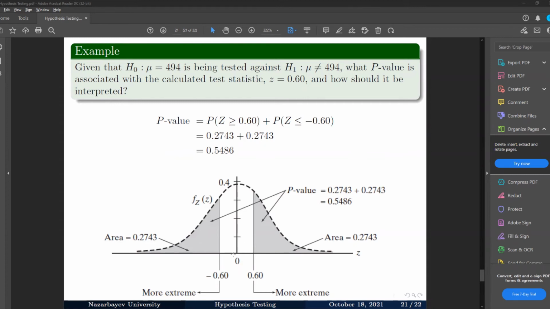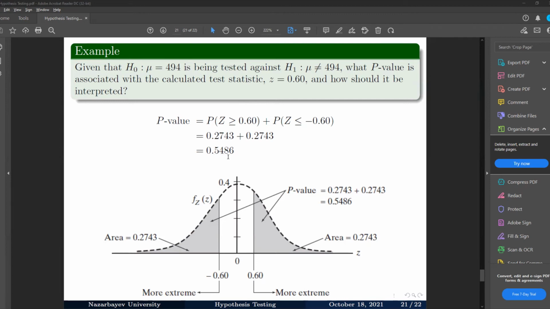Since sample means that are too small or too large are going to give you evidence against your null hypothesis, because you are testing against the alternative hypothesis of mu not being equal to 494. So the probability of that, using software, we find to be 0.27, and we multiply that by 2. So our p-value is equal to 0.548,